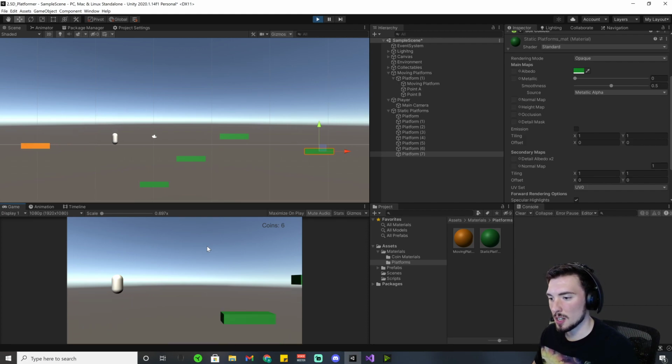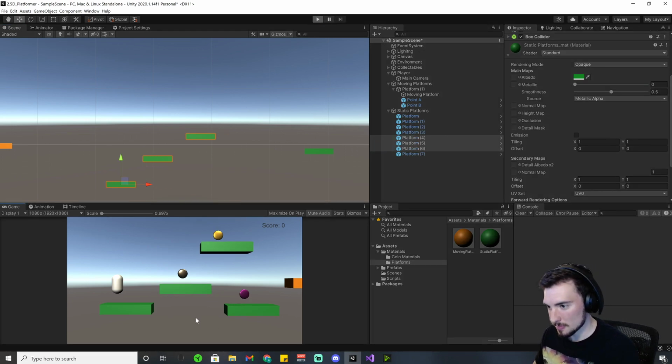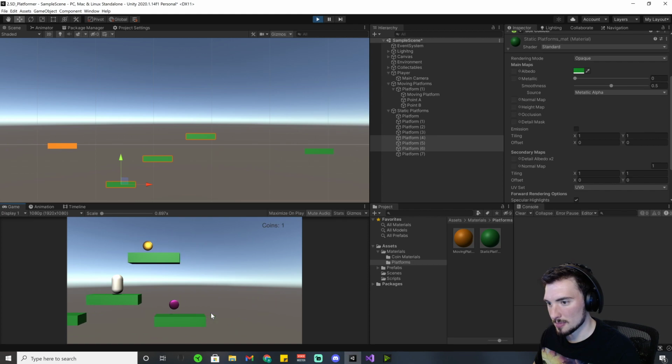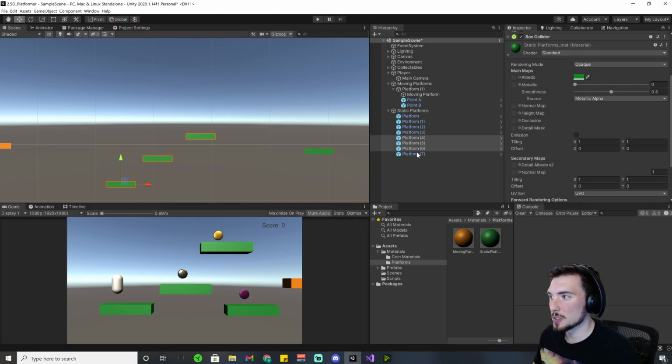Nope, too far. Let's see. Also, this would be like walking speed, and then you'd have to hold shift to run or something. And then you're like, another leap of faith. Can I make it? No. Boom. Okay. And so right there, we're gonna make another one